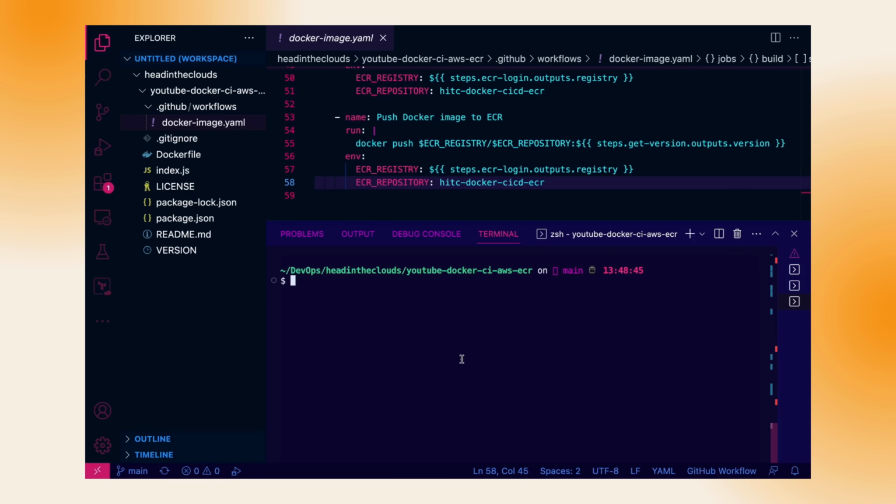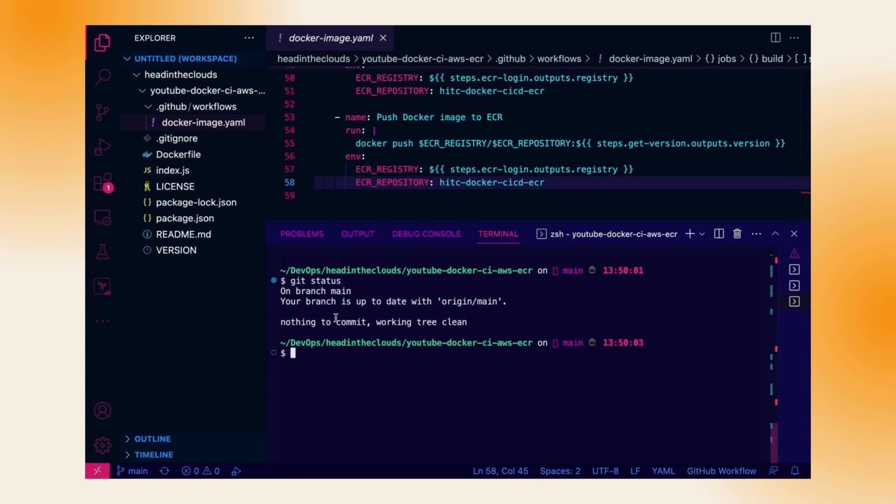All right, let's start with our final step, which will be committing and pushing our changes to GitHub and triggering the workflow. So we'll make sure we're in the right directory. So this is our repo that we forked earlier. And if we do git status, we'll see where we haven't made any changes just yet, as all of these files that we can see here are the files that were previously created for you,